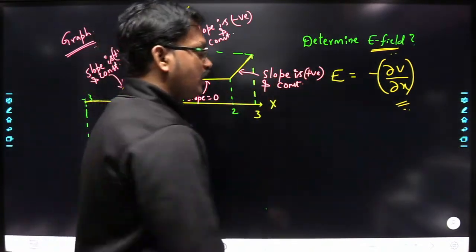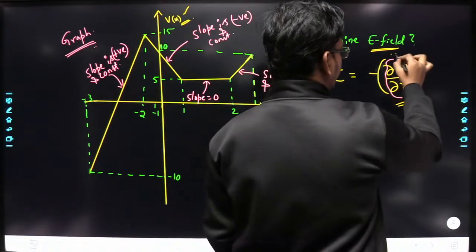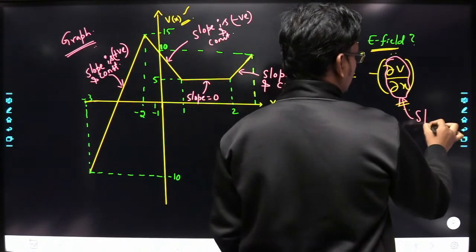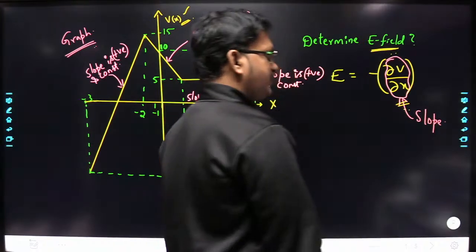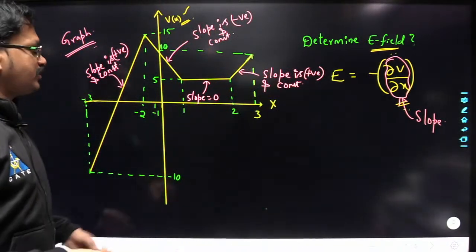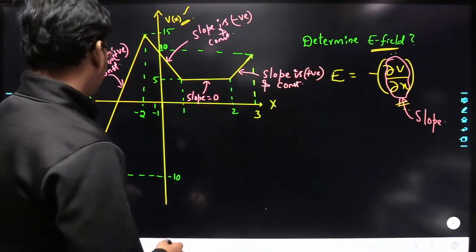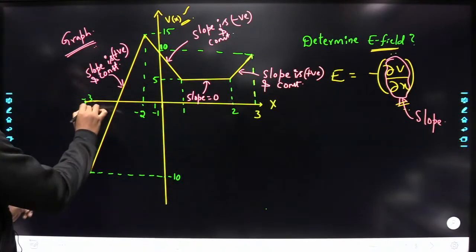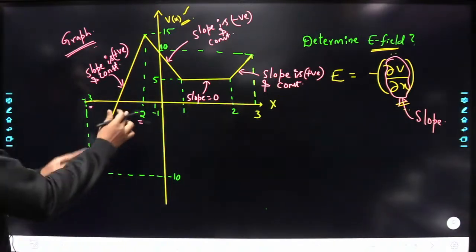Yes or no? Now here, ∂V by ∂x is nothing but the slope. Right? Now you can determine the electric field value. Yes or no? It is very, very simple. Now see here, between the range from minus 3 to minus 2, what